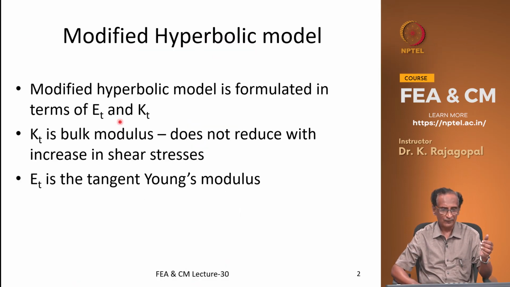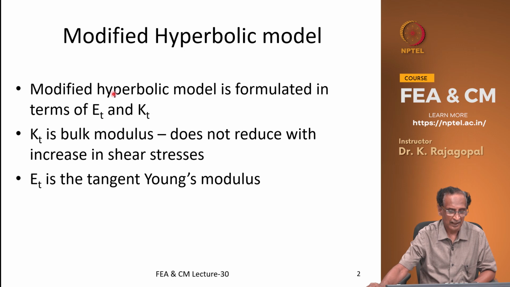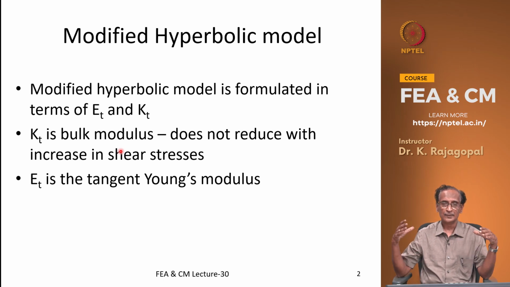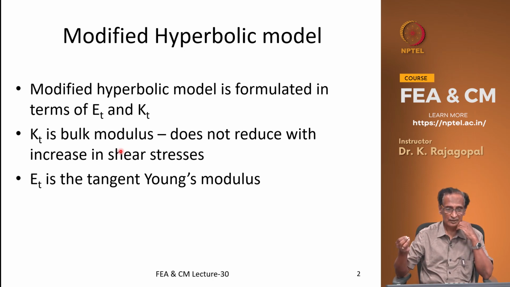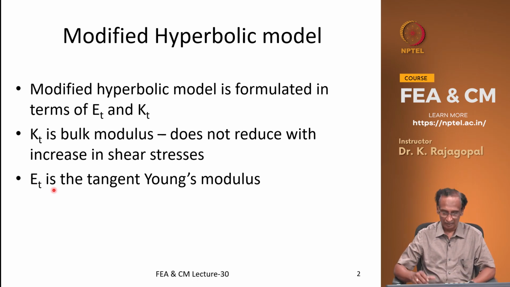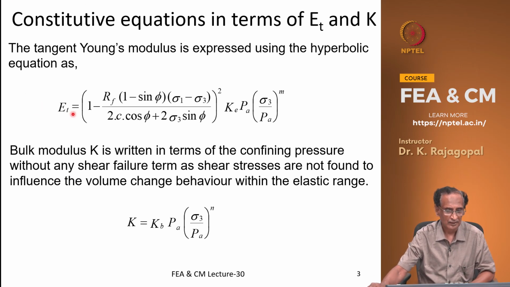Okay. So, just to refresh, our modified hyperbolic model is written in terms of the tangent Young's modulus Et and tangent bulk modulus Kt, and Kt is the bulk modulus, and that does not reduce with the shear stresses, because the bulk modulus is only influencing the bulk stresses, and then the bulk behavior like the volumetric strains that are not affected by the shear stresses. So, the shear stress reduction is not applied on the Kt, but our Young's modulus Et is affected by the shear stresses,